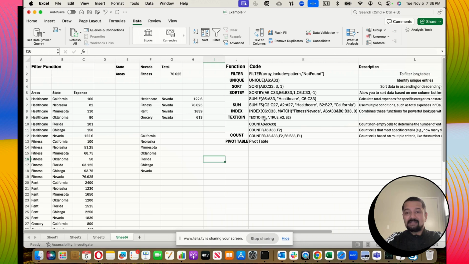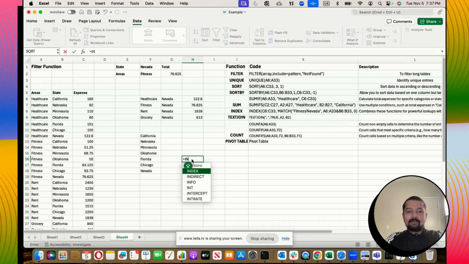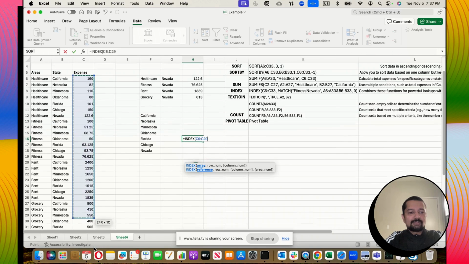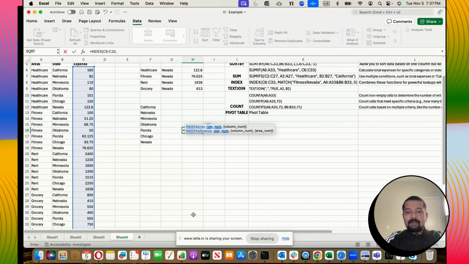For example, in INDEX you can define the array, like C6 to C33, then you can define the match. Let's say the match is fitness Nevada. Okay, fitness Nevada. Now you will do A6 to A33